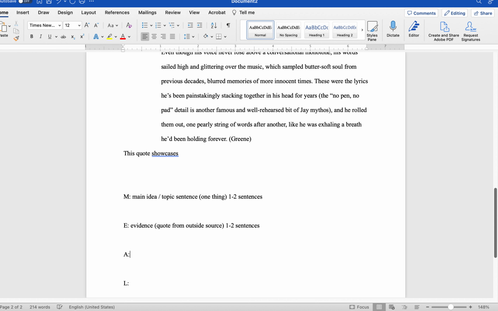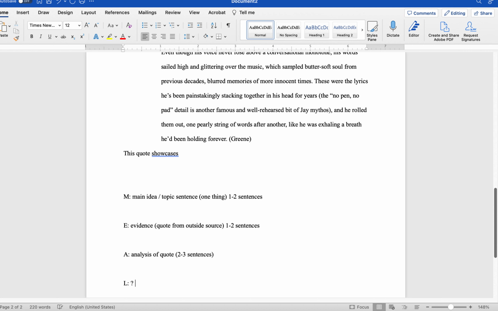For my money, the most important part of the paragraph is the analysis of the quote. What's it doing? How's it working? How is it illustrating your thesis statement? This could be 2 to 3 sentences. This will get into the length of your paragraph here. And I don't care if you do the link.